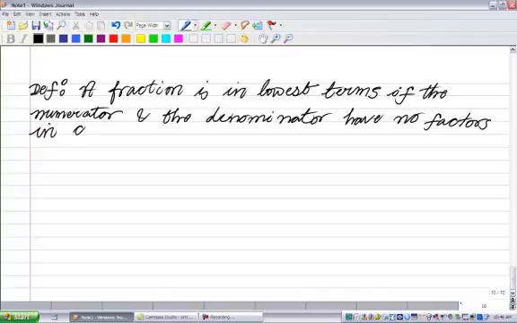So I'm going to explain what I mean by that. A fraction is said to be in lowest possible terms if the denominator and the numerator don't have